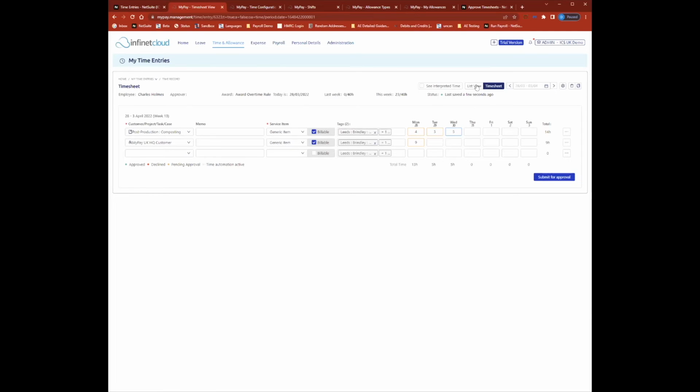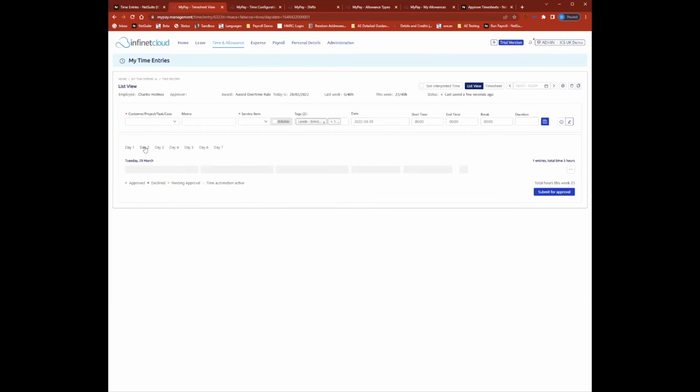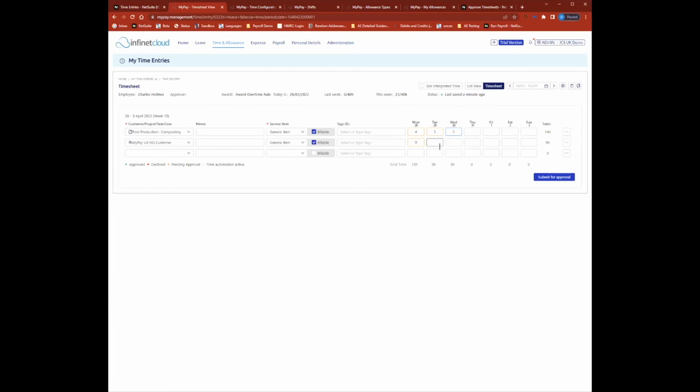This, of course, is the one view that we've got. We have the ability to enter things in as a list view as well, so we can break these down onto different days if we would rather have a little bit more information showing on each of those views as well. There's various other configuration options which I will come to in a moment, but one of the more advanced